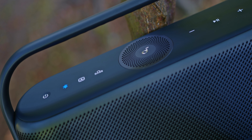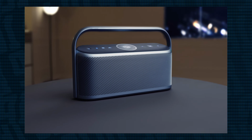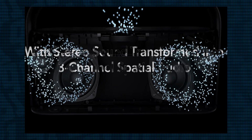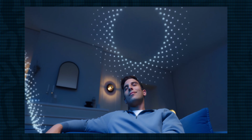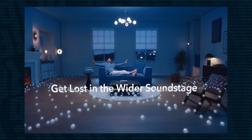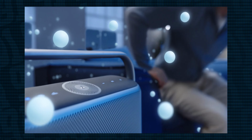And as for the other button there, that's for the spatial audio. Now, this speaker claims to be the world's first portable high-fidelity Bluetooth speaker with sky-channel spatial audio. What is that? Well, good question. This one's kind of hard to describe because it's really cool but kind of strange. It's like surround sound, but from this one little speaker. So it kind of sounds like there's audio behind you as well as in front of you, and that doesn't